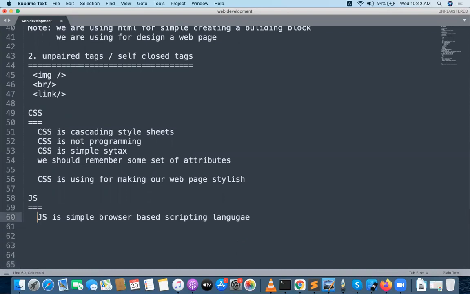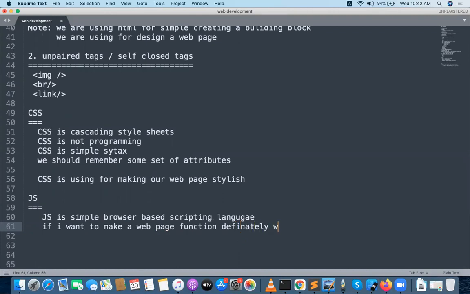For example, if I want to make a web page functional, definitely we need to inject JavaScript.